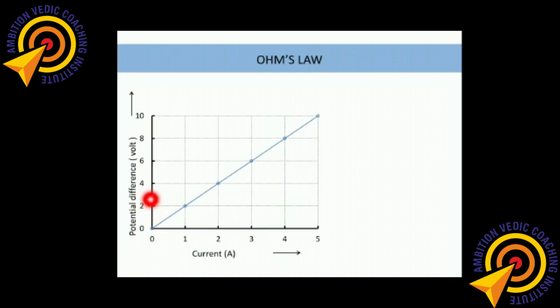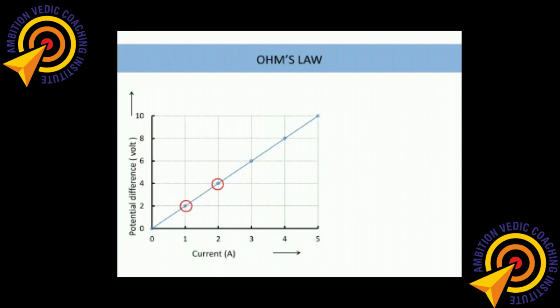As the potential difference increases, we get a higher value of current. When the potential goes to 6, the value of current also increases. What does potential difference do? A higher potential difference makes more and more electrons flow through the wire. And what is current? Current is nothing but the total charge flowing through any given cross-section area of the wire. Therefore, the higher the potential difference, the more electrons will flow through the wire, and therefore we should have a higher current.